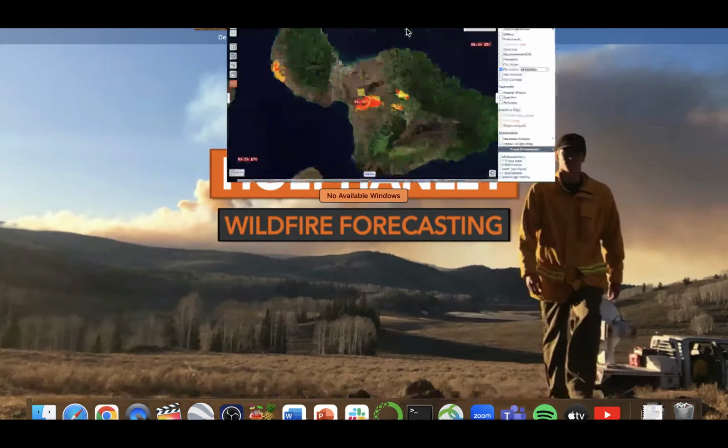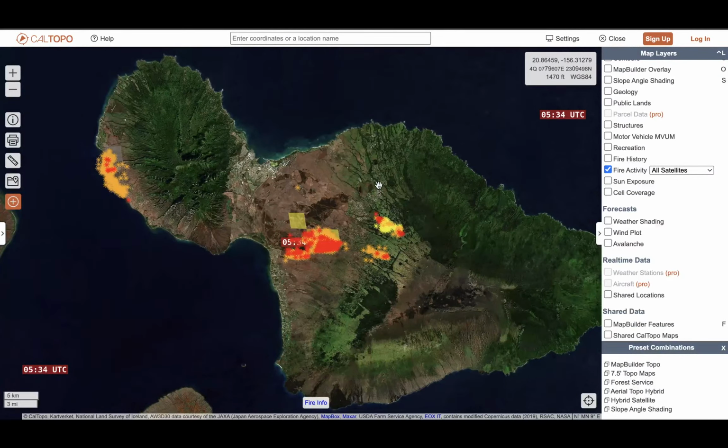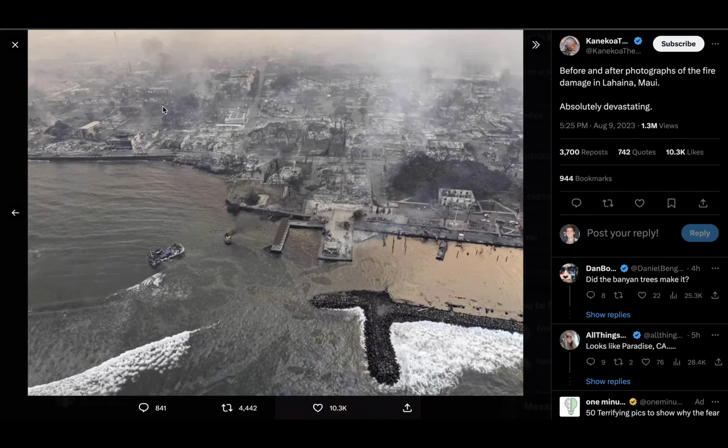Alright, let's talk about the wildfires that are going on in Maui. I just did about a 30-minute live stream, but just in case you don't have time to watch that, this will just be a much more concise version. So basically, we had some fires pop up in Maui, and there's already been reports of 6 fatalities, and here's